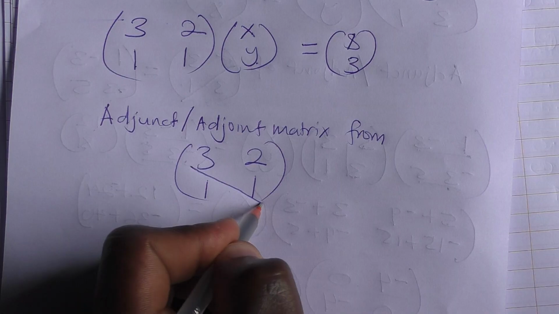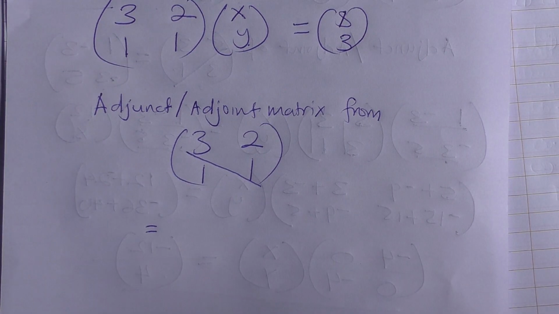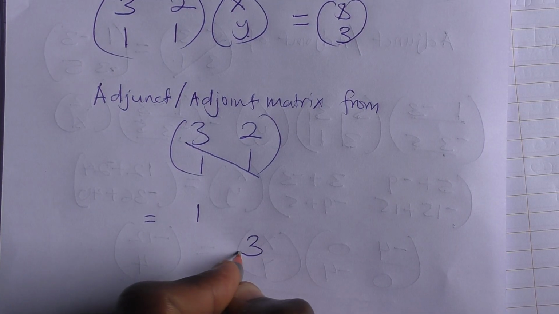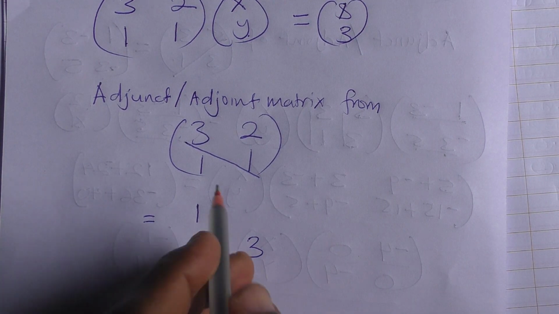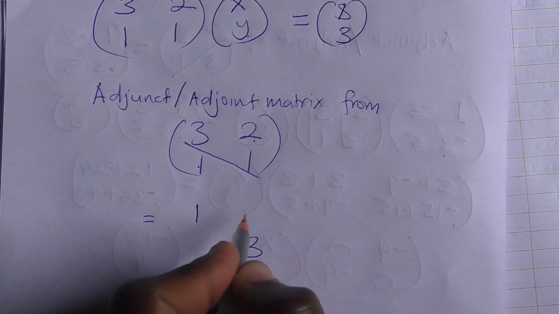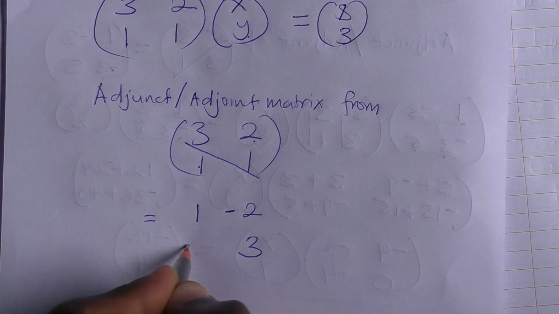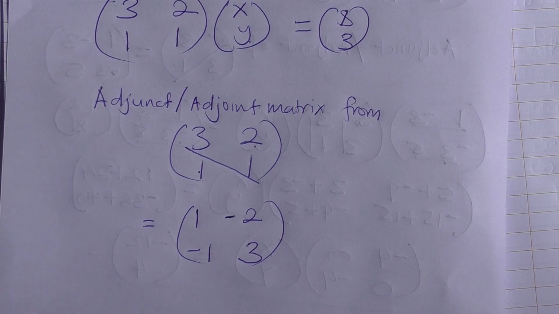Remember, our elements in the major diagonal change positions. 1 goes up, 3 comes down. Then the ones in the minor diagonal change signs. They are positives, so they become negatives. So after getting the adjunct,